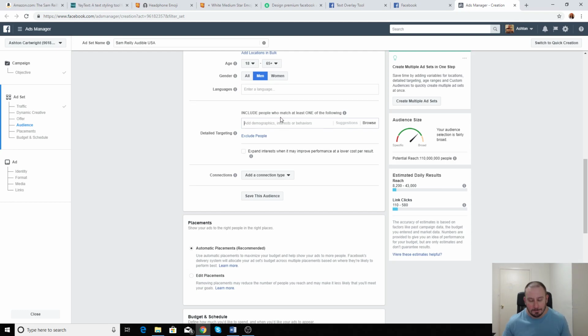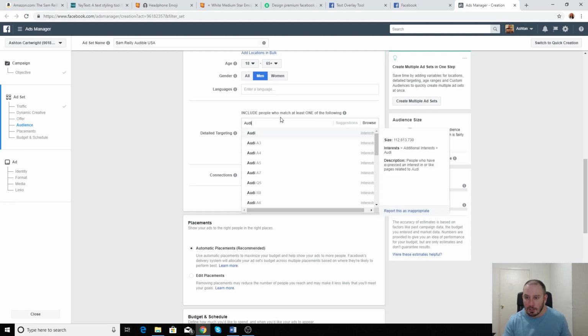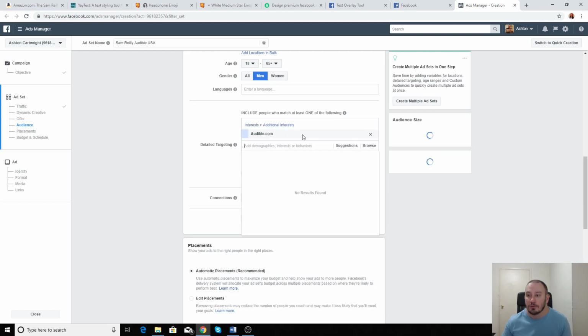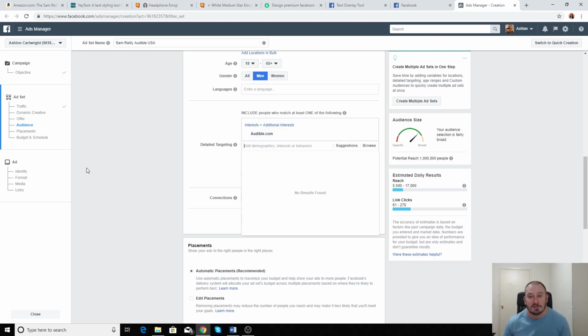We're going to go, let me see here, people who like Audible.com. That's the website that has the audiobooks. Anyone who likes Audible, chances are they're also going to like Amazon.com because the two are basically the same entity. We could target just Amazon listeners,